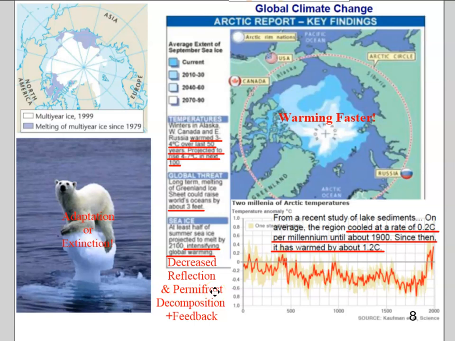And the decay is being carried out by organisms like bacteria and fungi that carry out aerobic cellular respiration. Therefore, they produce carbon dioxide. They're adding carbon dioxide to the atmosphere. So as more permafrost thaws, more carbon dioxide is being released into the atmosphere, which warms the Arctic more, which causes more permafrost to thaw, which causes more decomposition, which releases more carbon dioxide. So again, it's a positive feedback loop that may lead to a runaway greenhouse effect and a very rapid warming